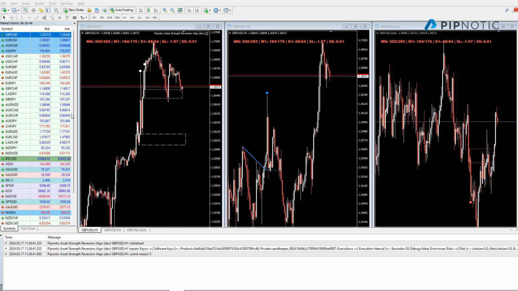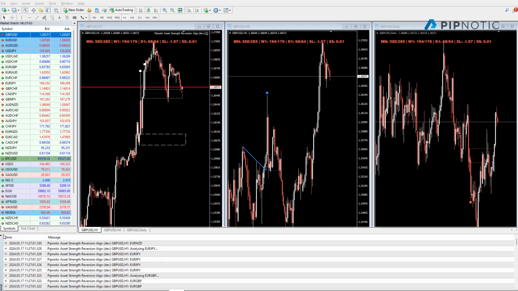Okay, so today I'm going to talk about asset strength reversion. There are a lot of questions about its configuration, and I think some people are seeing other people's trades and wondering why they're not getting the same trades. Others are maybe wondering why the configuration looks a certain way. So I just want to spend a couple of moments today talking about that before I get to meet